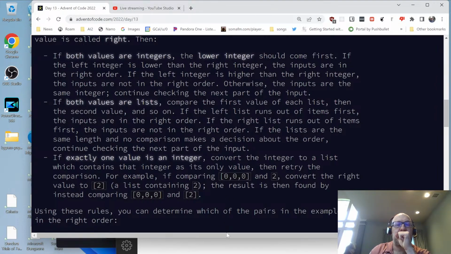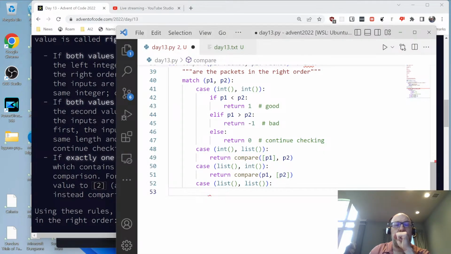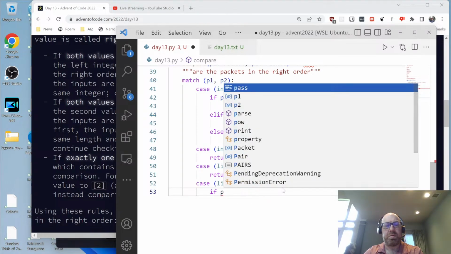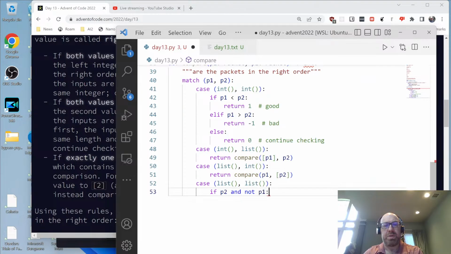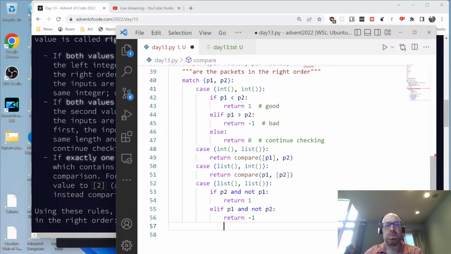If the last list runs out of items first, then the inputs are in the right order. So if P2 and not P1, that's good. The left one should run out first, return 1. If P1 and not P2, return -1. Otherwise,